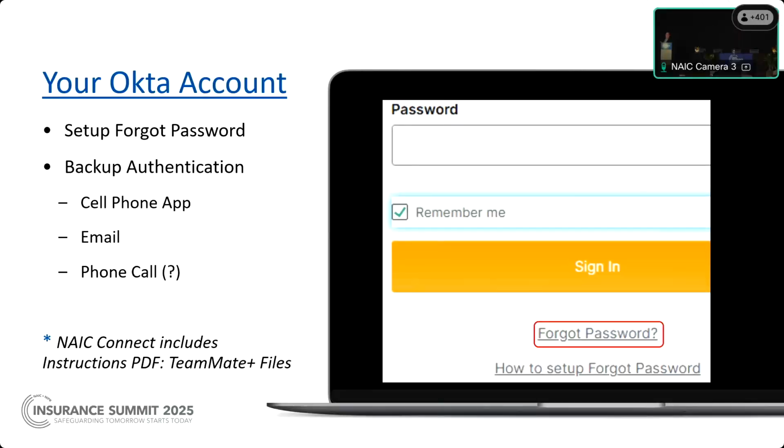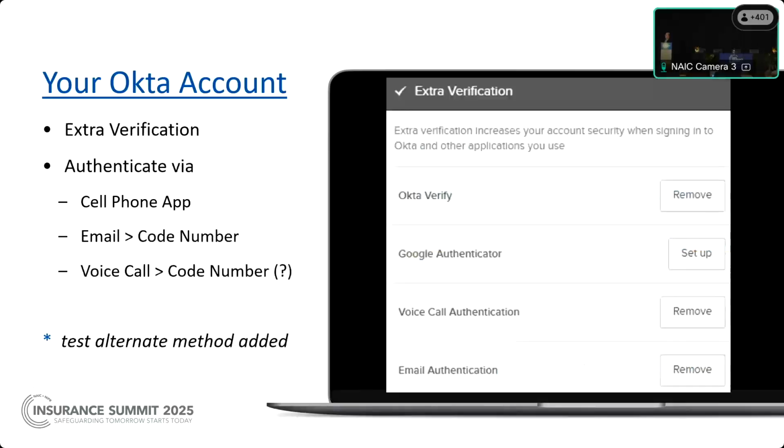I don't think it's as secure as it needs to be. And also, I think we need to have your phone number associated with your account, and nobody has a phone number in there. So they've turned that off. But I would recommend, good practice is to have an email address as your backup. And I'm pretty sure it uses the email address from your Okta account, which is your work email address. So if you don't have your cell phone, you can log in, and